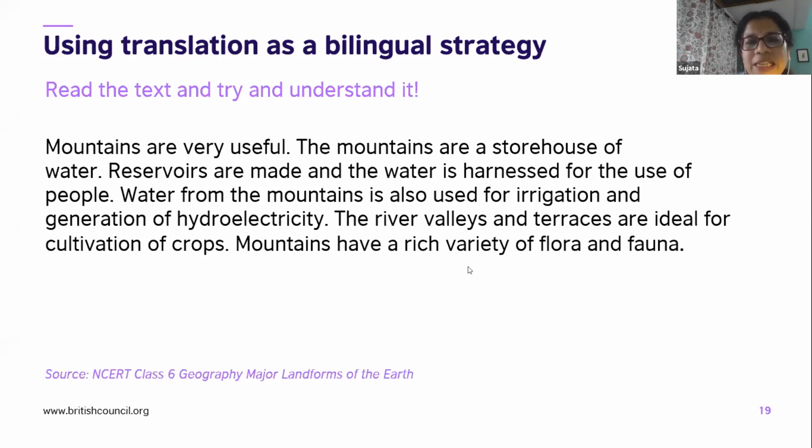So what are some of the words in this text that they would find challenging? Reservoirs, fauna, harnessed, storehouse, irrigation, terraces. Right, so many of you have found many words here which you feel that your learners might find difficult. So in the next slide,